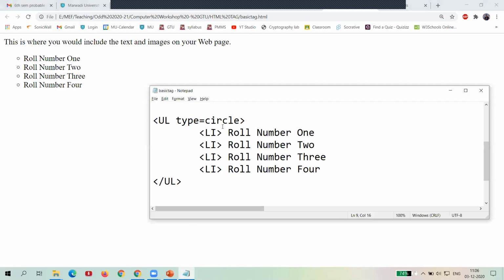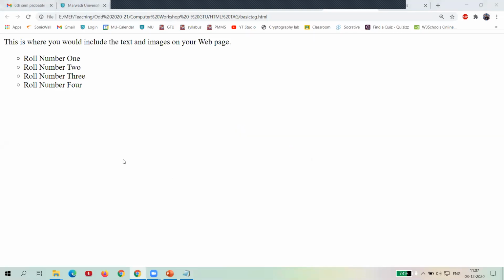So that is the way you can see UL type equal to circle. Next, let's go for the square. So next, the type is square.